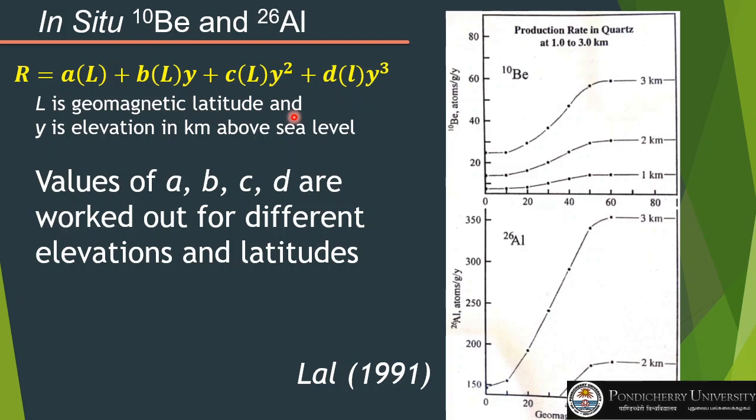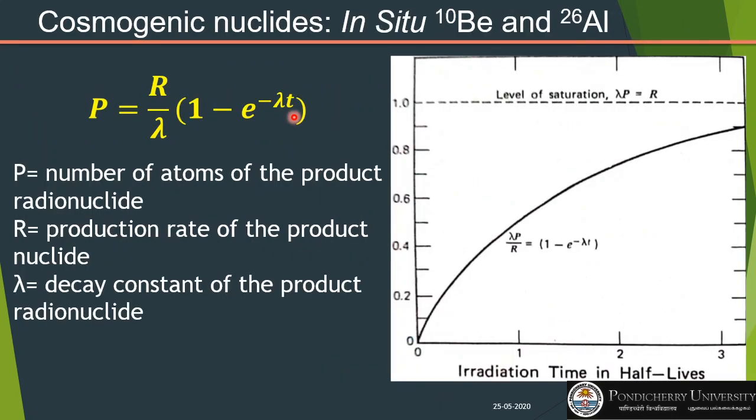In the case of landslides, one should also take into account the angle of the slide. Sometimes if you have a slide in a cliff direction, or in a place which is shielded from the cosmic rays, then you have to correct the equation, or correct the rate of production, because shielding would reduce the rate of production. So there are a lot of things which have to be taken into account, depending upon the sample. But in principle this is a simple equation which can be used, provided that you can estimate R, you know the lambda, and you can measure the P, then you can find out the T.